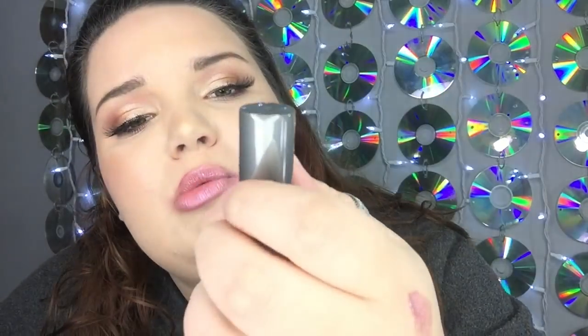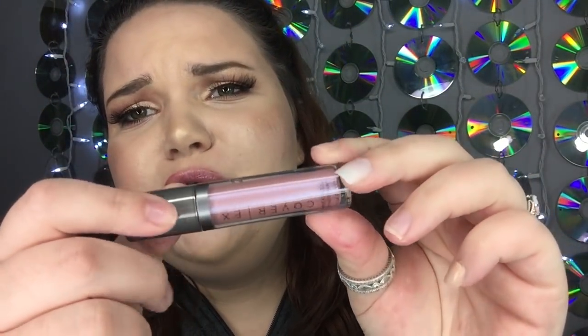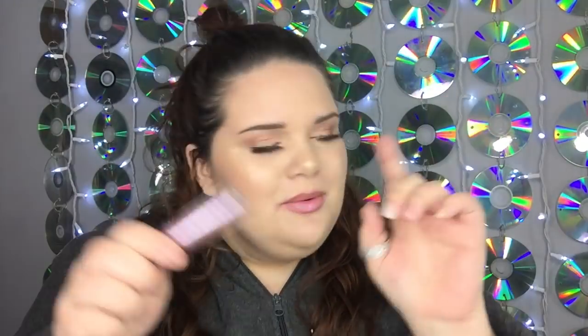So here we go with that. But that is so pretty, and it just looks so pretty in the tube. Gorgeous. This is so, so pretty. So excited about that. Okay, Boxycharm. And again, luxury brand. Okay, next thing that I'm pulling out